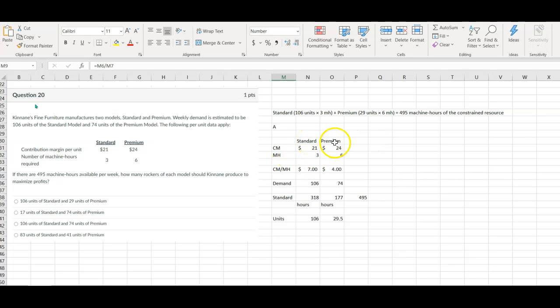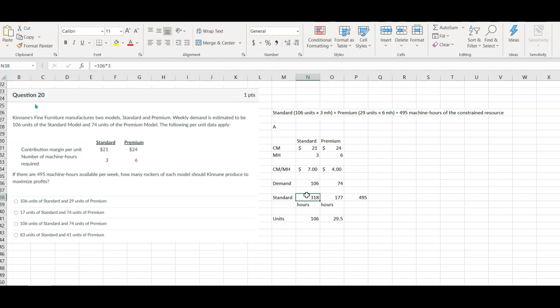So here I've got standard and premium. And here's my contribution margin, 21 and 24. The machine hours are 3 and 6. So my contribution margin per machine hour is 7, and 4, which makes sense. So demand is 106 units of standard and 74 of premium. So if it's 106, then that would mean 106 times 3, or 318 hours of